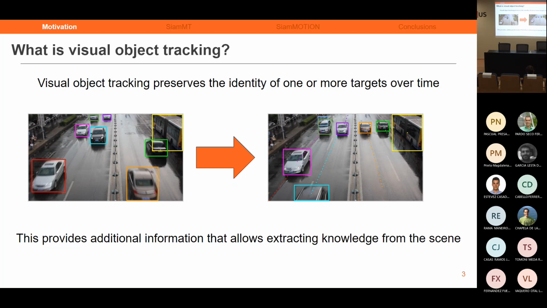This allows us to not only know their location and size at every moment, but also incorporate an additional dimension, time. In this way, we're able to detect behaviors, shape changes, and transformations. This tracking opens a gateway to extract more information about what's happening in the scene. In this way, applications that build on top of trackers are able to perform routine tasks, such as people counting, or more critical tasks, such as following vehicles from a UAV. Okay, so if we want to perform this, there are many techniques that we can approach.